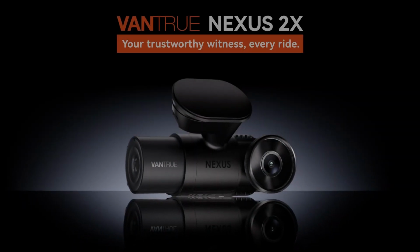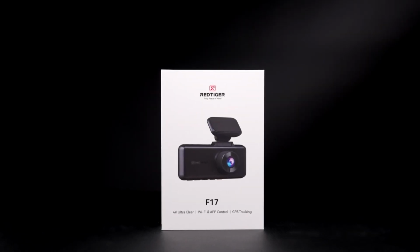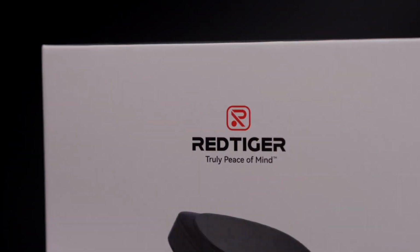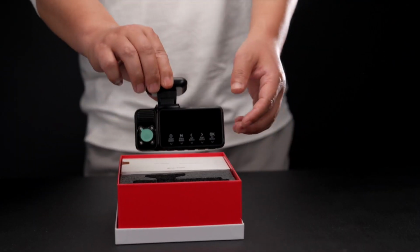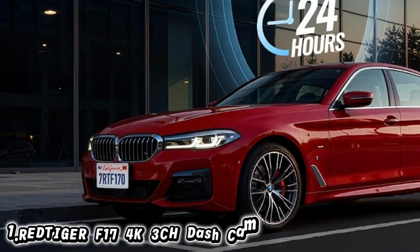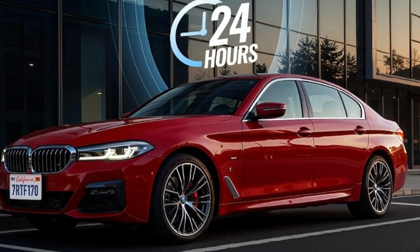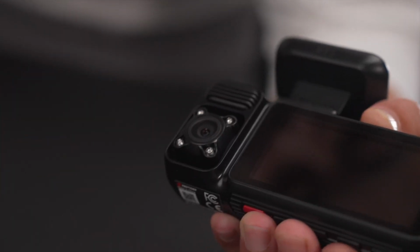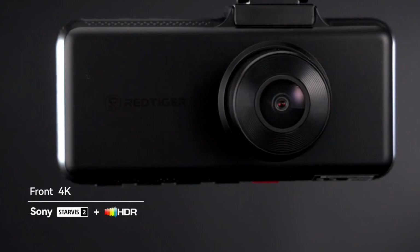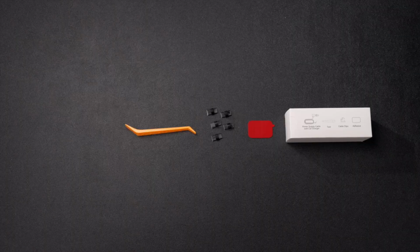Number 1. The REDTIGER F17 4K 3CH dash cam is a powerful all-in-one driving security solution designed to capture clear footage from multiple angles. With 4K front recording and additional cabin and rear cameras, it provides comprehensive coverage for everyday driving, road trips, and rideshare use. The high-resolution front camera helps capture important details, while the interior camera records activity inside the vehicle and